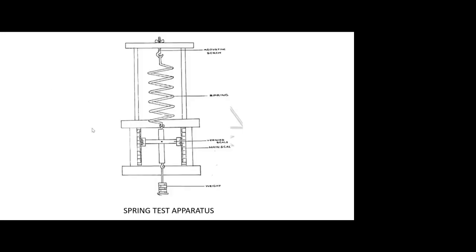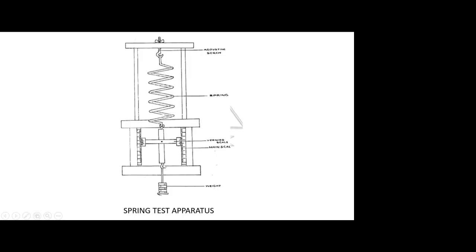So this is the line sketch of the spring testing machine that we are using in the laboratory, in which we have the arrangement for holding the extension spring. That is the top portion. We have the extension spring, and below that we have a scale, and this lower portion is used for fitting the compression spring. Here in this diagram, the extension spring is in the fitted form.